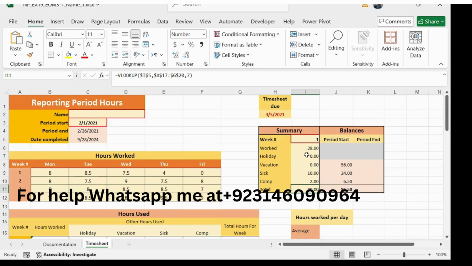Our step number 8 is add a formula to complete the balance section. This is cell K8.